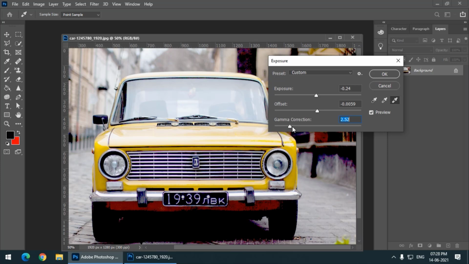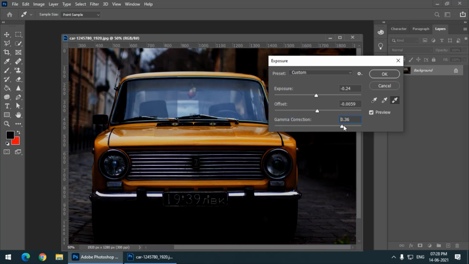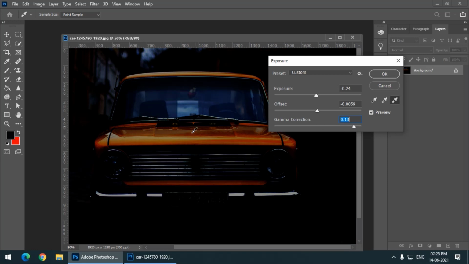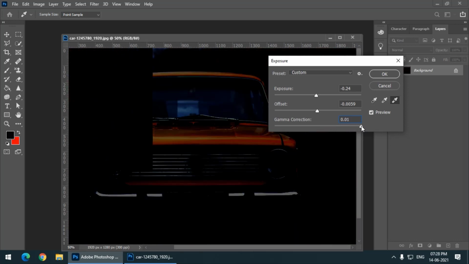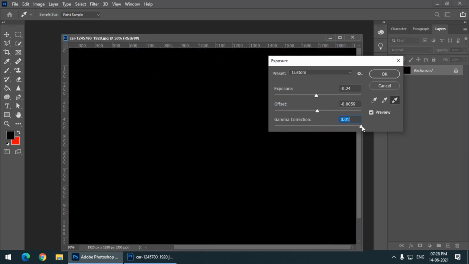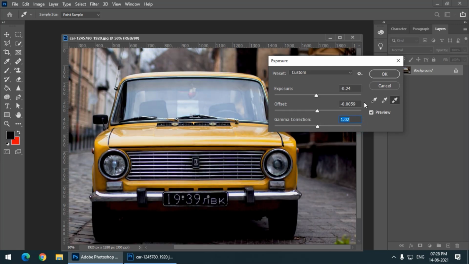And if we slide it to the right, then it will darken the pixels, but the pixels which are already bright will remain visible for a longer period. If you take it to the extreme right, then we won't be able to see anything. And again, we have similar options.